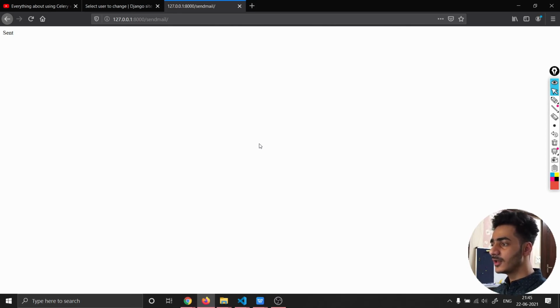Like suppose if user has some interface here, and then he wants to choose at a particular time that at this particular time I want to schedule my task. So he can hit that button, and then at that moment one new record will be created inside Celery Beat, and then Celery Beat will send that task to Celery to be executed at that particular time at which user has mentioned. So that's it for this video.